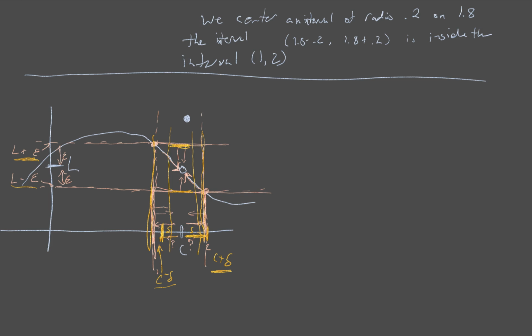when we come up to this graph, all of the outputs that correspond to inputs that are within delta of C correspond to outputs that are within epsilon of L. Okay, let me write that out now. So we say